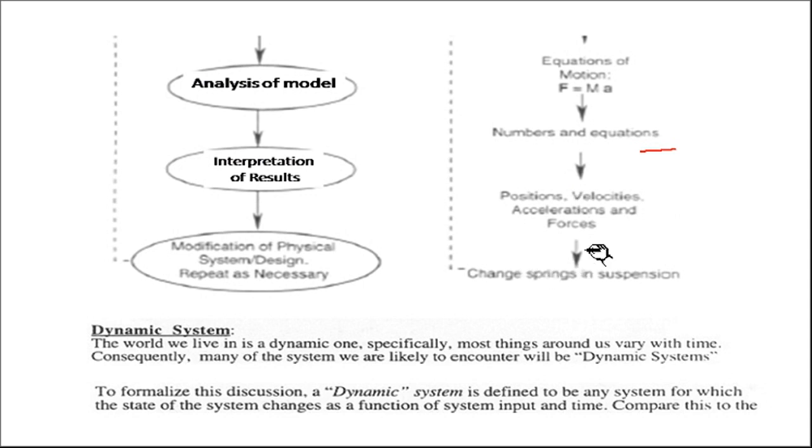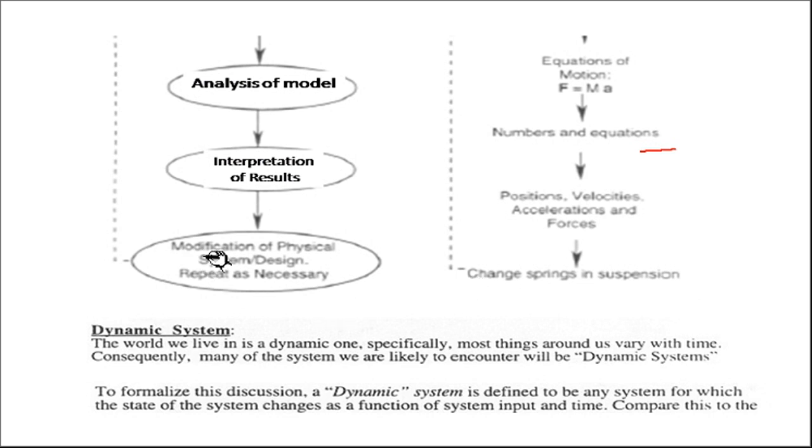Now our requirement was that there should be minimum acceleration in the vertical direction of the rider. So we should see how we can get this acceleration to be minimum, and to make this acceleration minimum, what changes we need to make in the system. That is the changes in the suspension of the system, or in the damping of the system, that you have to make.